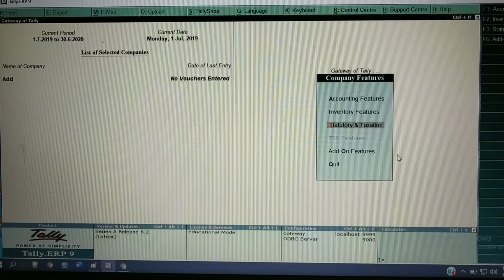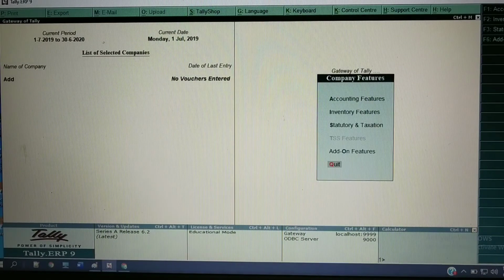And next one is add-on features. Customers, to meet their accounting requirements, may purchase customized solutions from Tally partners or any solution providers. Depending on the customer requirement, a solution provider formulates the solution. In some cases, a solution may require the introduction of new features in Tally ERP 9 to support the functionality. If any customers require changes in their Tally, they can take a solution from the solution providers, and from here users can enable or disable the functionality.